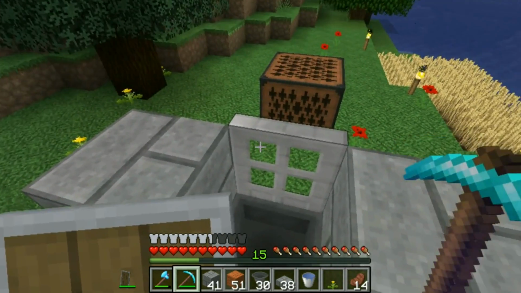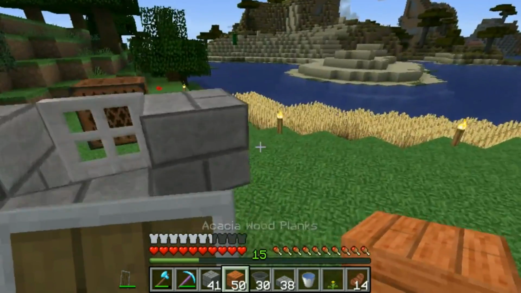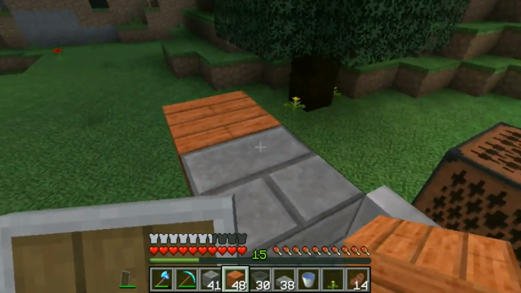And you can just break that. That's going to fall down into the hopper. And then off the side of these blocks, we're just going to add one here, one here. And then on top of those...